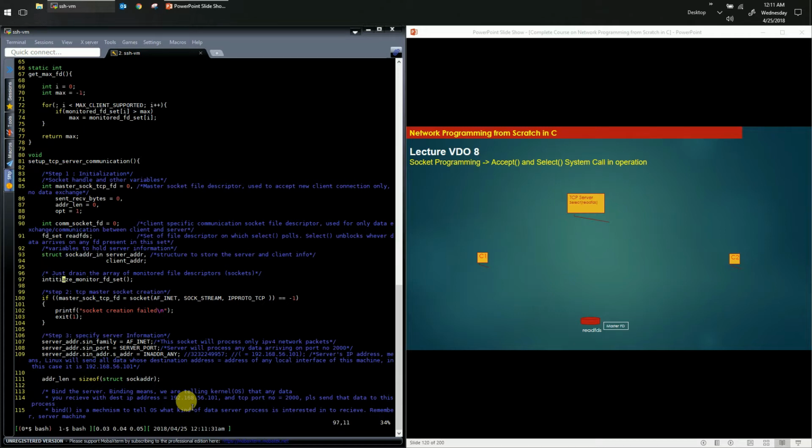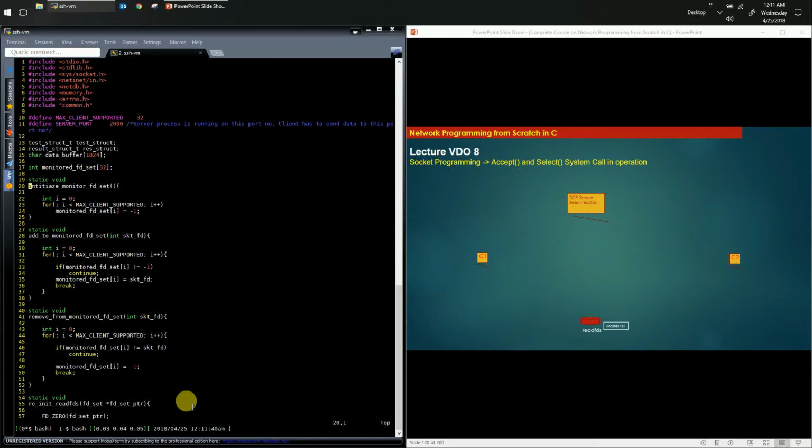The second thing that we are doing here is calling the initialize monitor file descriptor set function. Now let us discuss what this function does. It does nothing but initialize the array of monitored file descriptors to -1. -1 here represents the absence of a valid file descriptor value. We have taken a global array of size 32, and this function only initializes